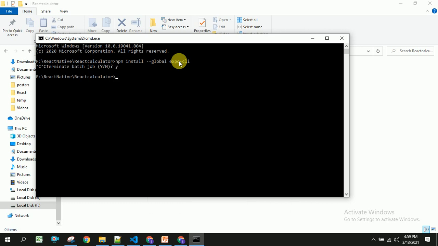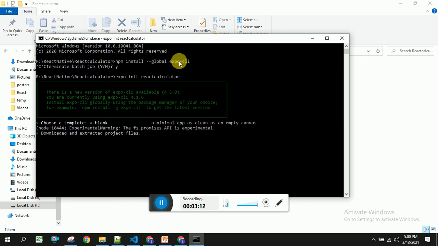The next step is to create a project using Expo. For this I am going to use expo init and the project name. My project name is React Calculator. It will take some time to get installed, so let's come back after this.